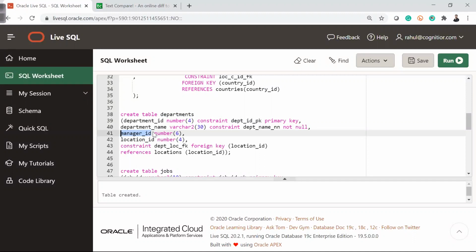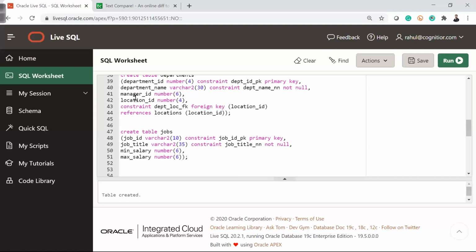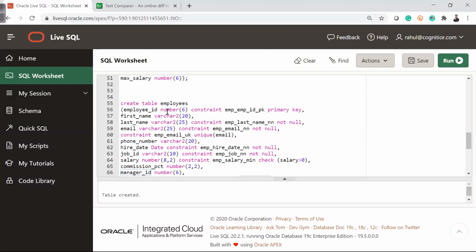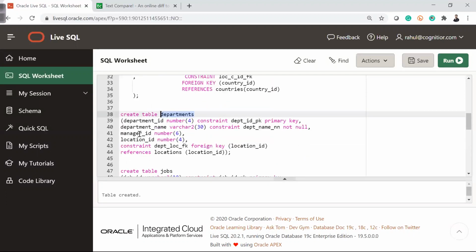I want this manager ID to be the foreign key which is going to reference the employee table's employee ID. Why did I not create that at that point in time? Because I did not create the employee table, but now I have created it, and I want the employee ID of this table to be a foreign key in this table, to this column.